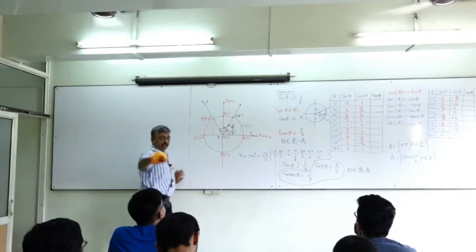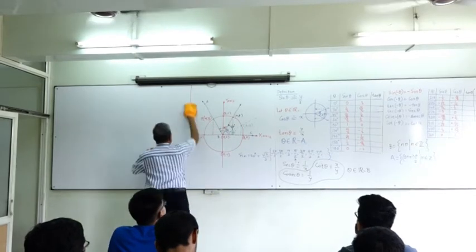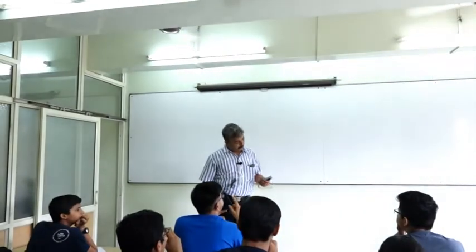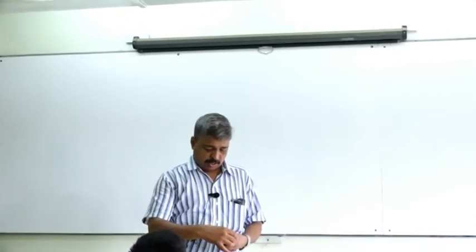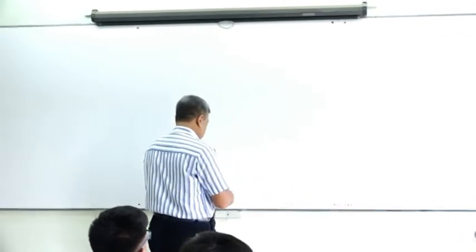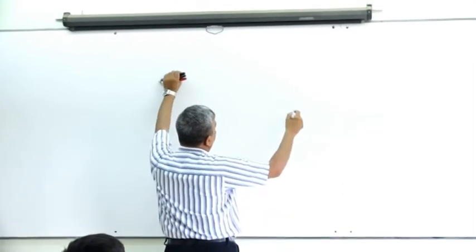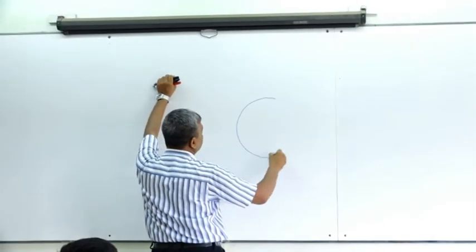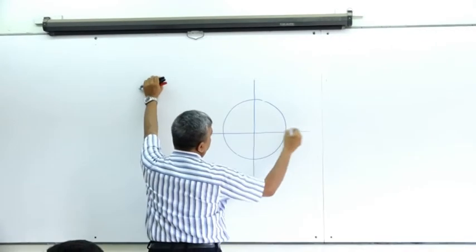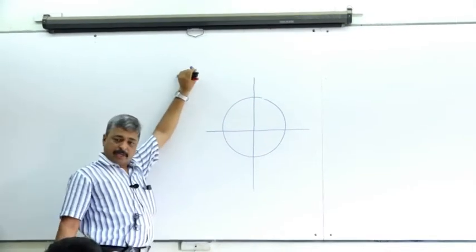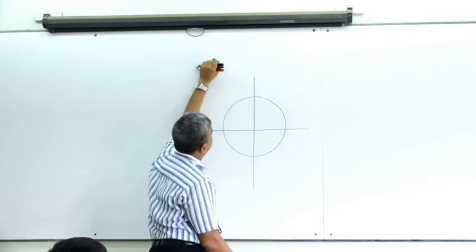Let's pause. Doubt: when the angle will come in the second quadrant, even if we are considering the opposite angle, it would not be negative. Very good question. The question is, if the angle is coming in the second quadrant, even if we are considering it in the clockwise direction, it will not be negative. That is what you want to say.